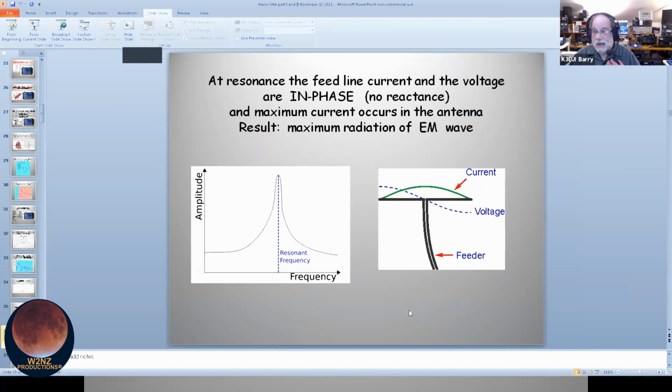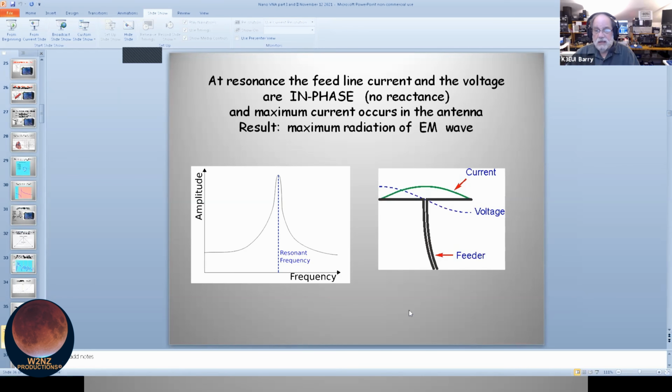So at resonance, here's the way I see it. At resonance, the feed line current and the feed line voltage are in phase. The current's on the antenna and the feed line's carrying the information up and down to make the antenna currents move. At resonance, they're in phase. Oh, remember I said phase, phase, phase on antennas. Why is that good? Because you get the maximum current at resonance. Why is that good? Because more current means more RF radiation coming off your antenna. Now that's a gross simplification. I'm not suggesting antennas won't work off resonance, but this is the ideal,